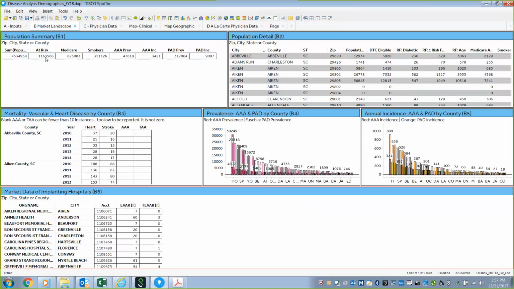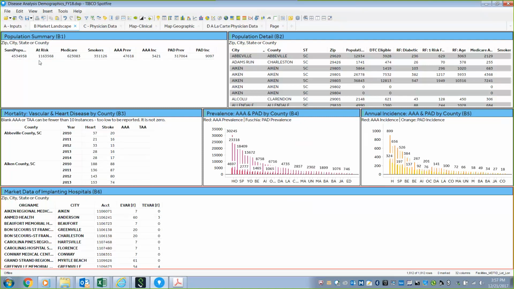At risk is also based on the U.S. Census, but it's also based on the Behavioral Risk Factor Surveillance Study as well, because the way we arrive at that number is understanding who in these communities has age or another risk factor like hypertension, high cholesterol, obesity, things like that. That helps us understand how many people may be at risk. So just understand this is mostly U.S. Census and the Behavioral Risk Factor Surveillance Study, which is a CDC study. This is the sum of this.